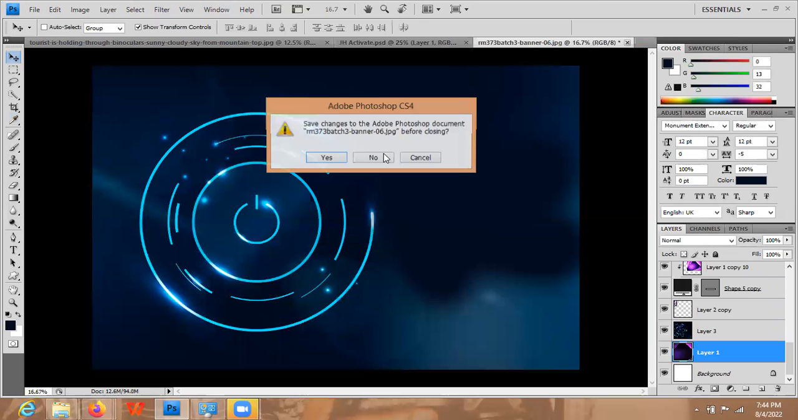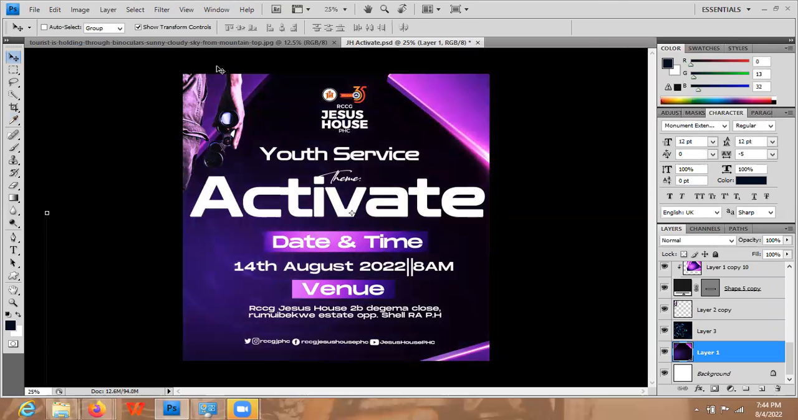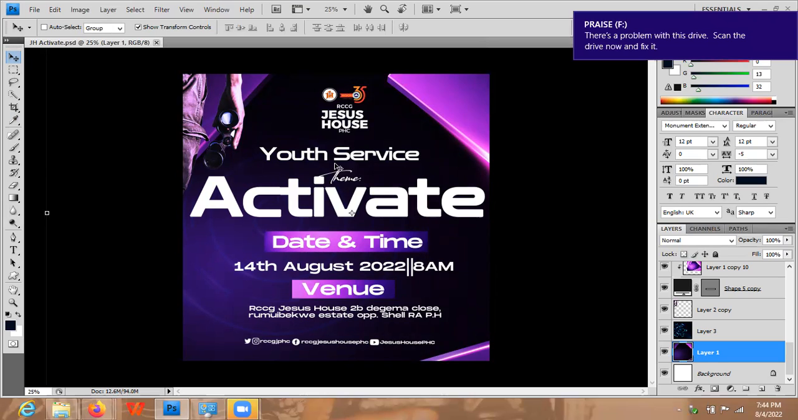So I'm going to close this workspace, save this so that I can use it, and close this other workspace. Yeah, so this is the design. What I think I need to add here is